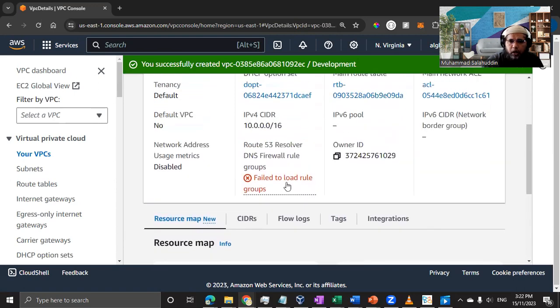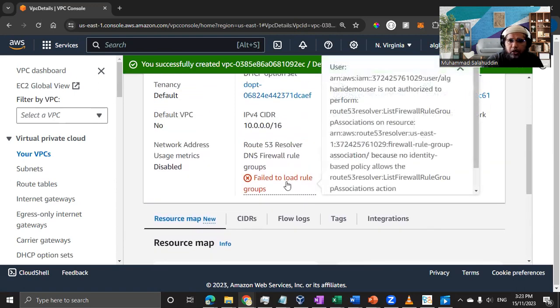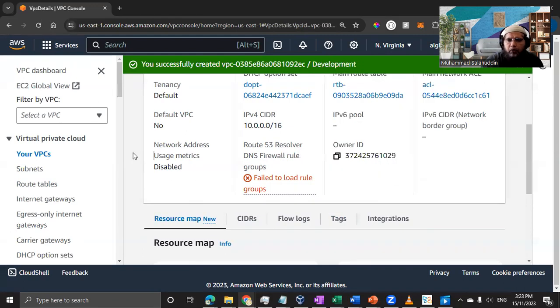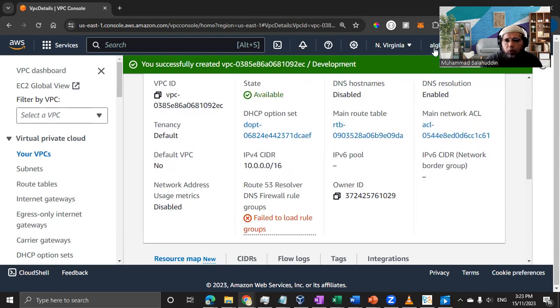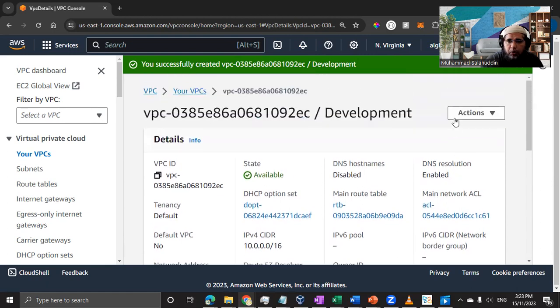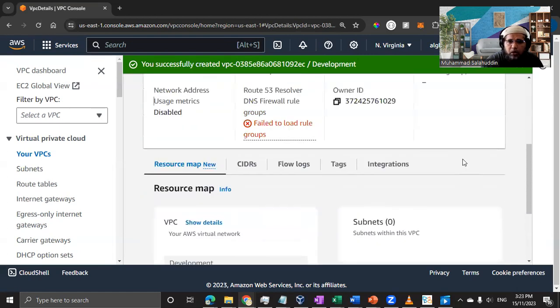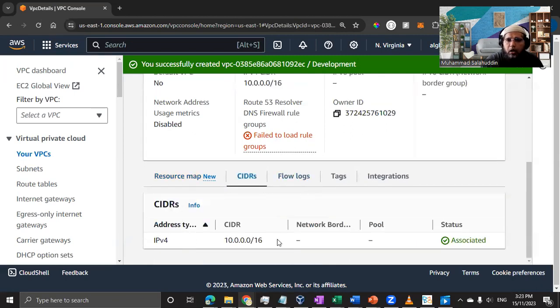There's a small failure. I think it's a permission issue. I can see that I don't have permission, and right now we are not concerned about Route 53, but I'll fix it later. Let me just fix it, and then we will see if we can continue without these errors, because they sometimes create trouble. But before I go and fix that, let me show you that we have the CIDR, which is